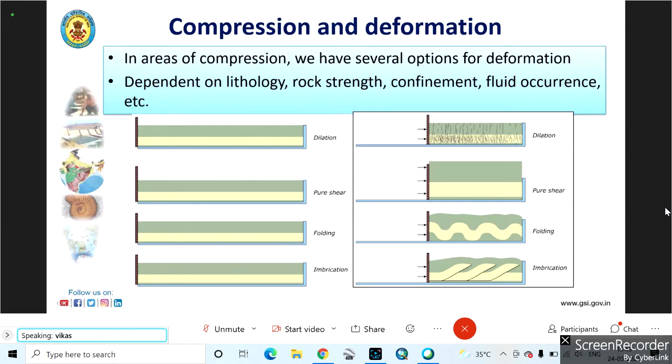You will be getting some combination of pure shear and other things also, or depending upon the depth of the sediment, it can generate folds. That is a ductile type of deformation which is going to generate folding. You can also get some imbrications, where one layer will jump upon another, just like a horse type of thing, like in a thrusted terrain. That is, thrusting of the bed can happen. Next, please.